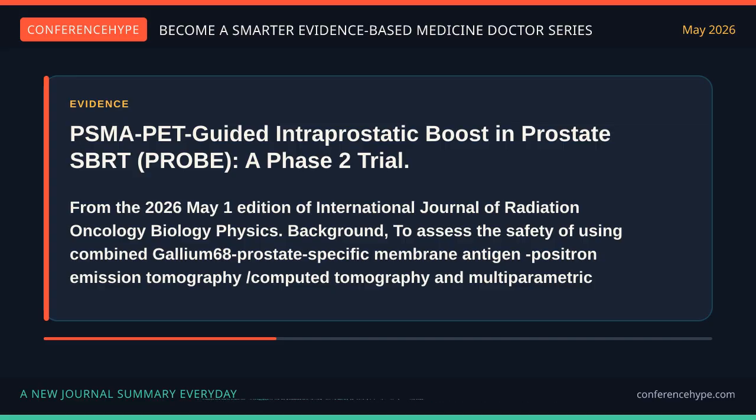Methods and materials: patients with intermediate or high-risk prostate adenocarcinoma with DIL identified on MP-MRI and 68 Ga PSMA PET-CT and suitable for SBRT were enrolled in this Phase 2 trial. Results: 30 patients were enrolled. Discussion: boost volumes on 68 Ga PSMA PET-CT and MP-MRI were volumetrically similar, however, with poor spatial concordance.